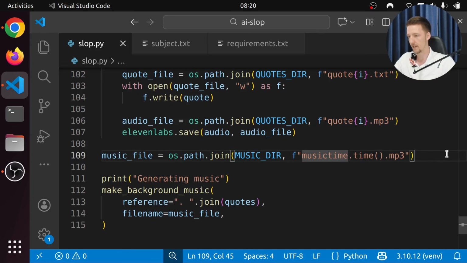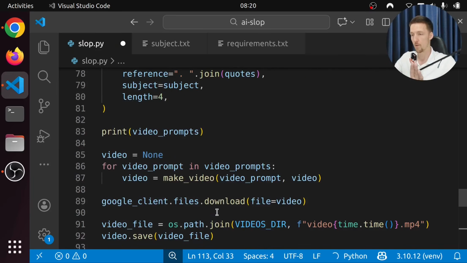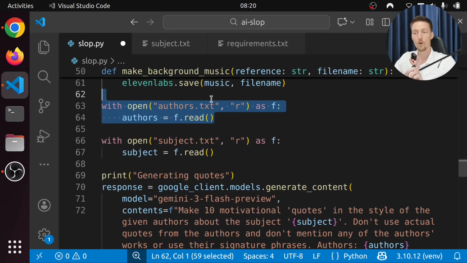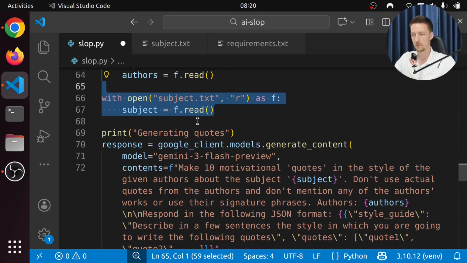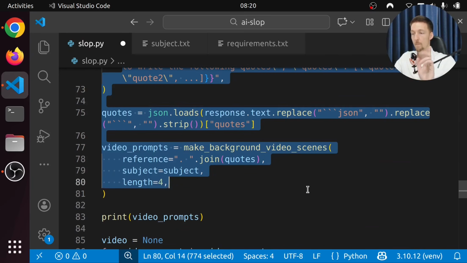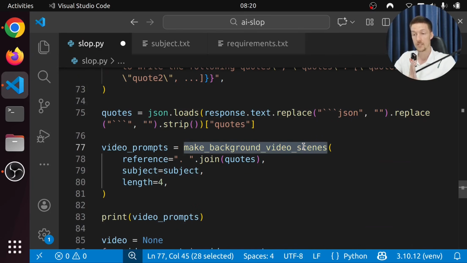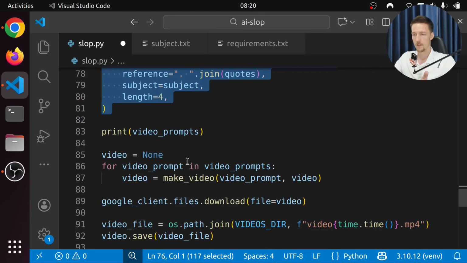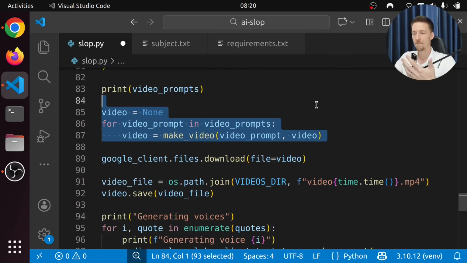And there's an error here. This should be like that. And let's go through the whole thing one more time. We get the authors, we get the subject, we generate the quotes, then we make the background video scenes based on the quotes. Then we are going to make the video.